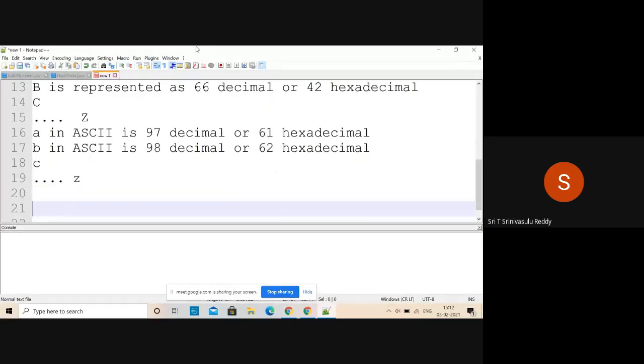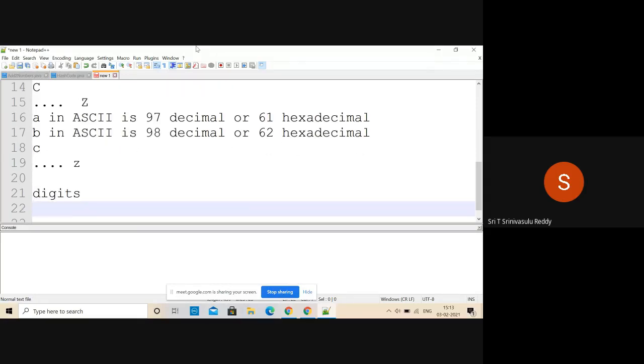Similarly, that's why whenever you compare names or alphabetical strings, whenever you want to sort the strings or sort the names, you will always get first the capital letter related stuff, and after that the small letters, because capital letter related things are smaller in value, and small letters are bigger in value. And then digits. So how do you represent the digit 0?